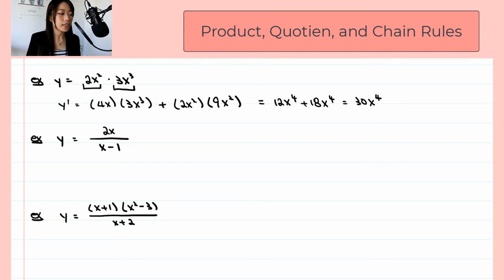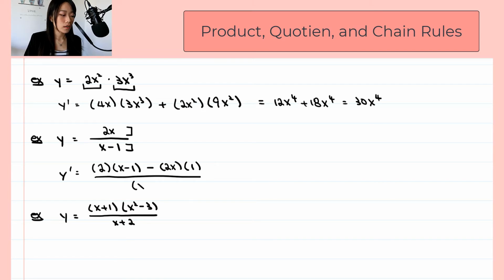Now let's look at the next example. y equals 2x over x minus 1. So here we have, in the numerator, a function of x over x minus 1, which is another function of x. So here we need to use the quotient rule. So y prime equals the derivative of the numerator, which is 2, times the denominator, x minus 1, minus the numerator 2x times the derivative of the denominator, which is 1,